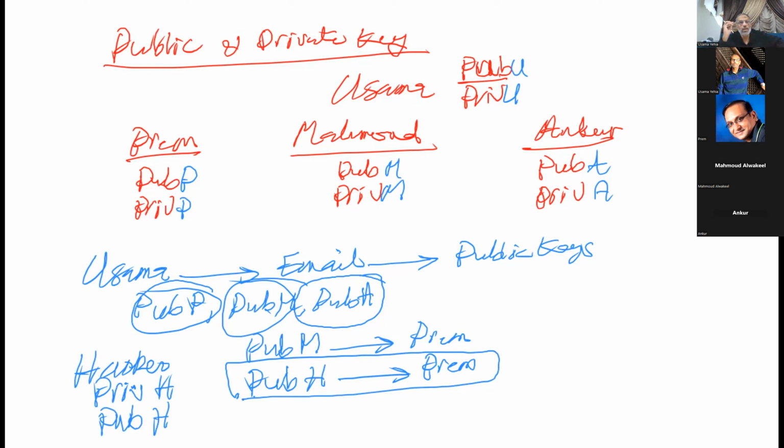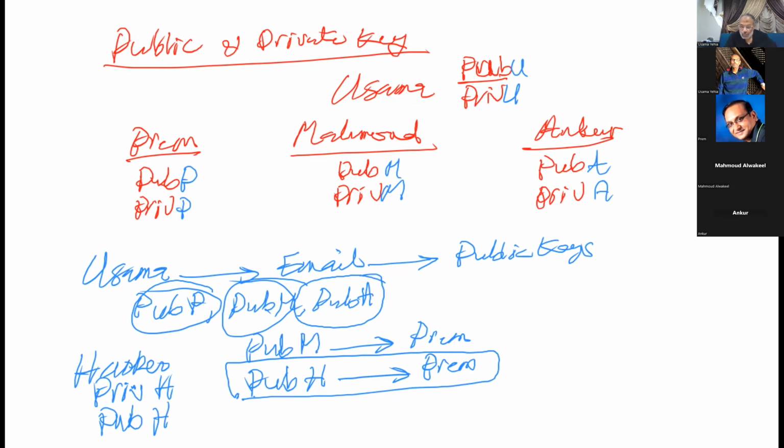And if the hacker has access to my traffic, he will be able to see all the encrypted data. Why? Because I am encrypting this with the public key of the hacker. If the data is encrypted with the public key of the hacker, then the only key which will be able to decrypt it is the private key of the hacker. What is the solution here?